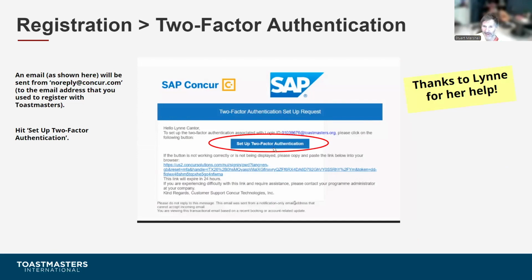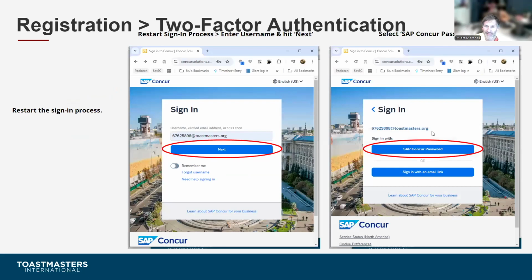And you basically just select set up two-factor authentication and kick off the process. It again takes you back to the start of the sign-in process, which you're becoming familiar with now. Enter username, select SAP Concur password,